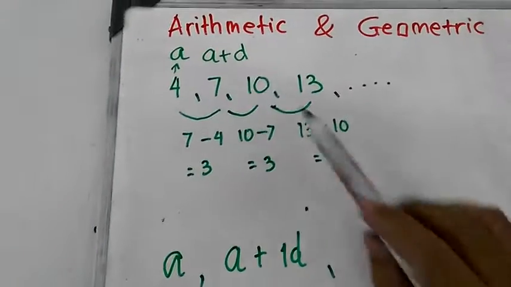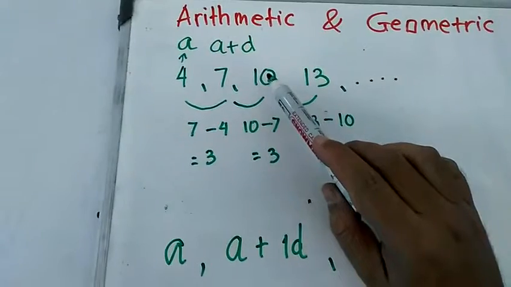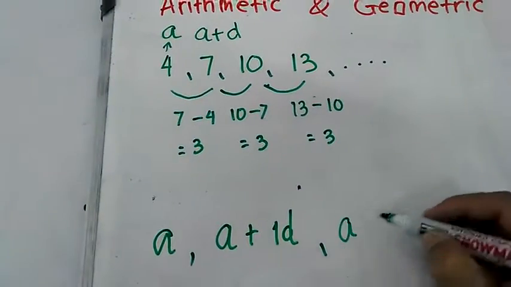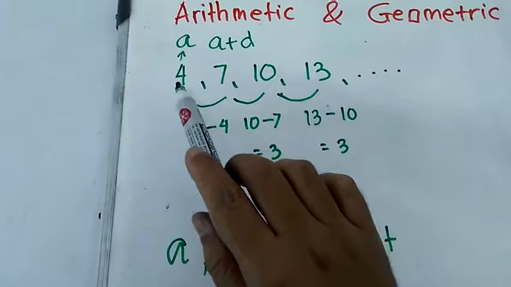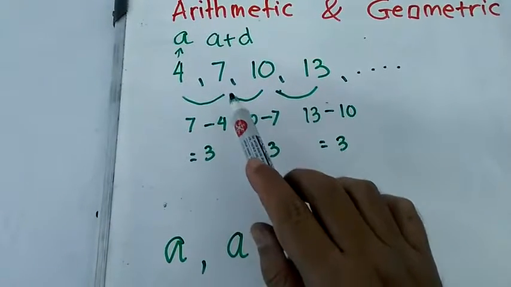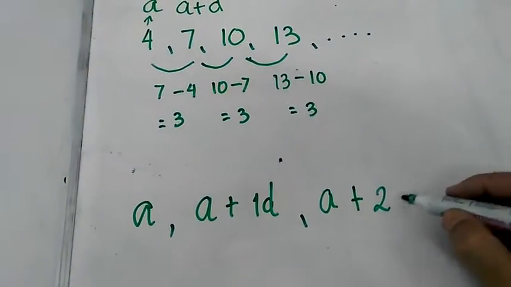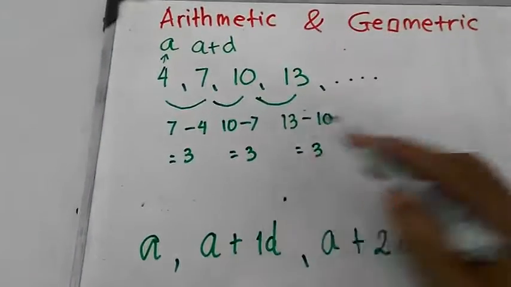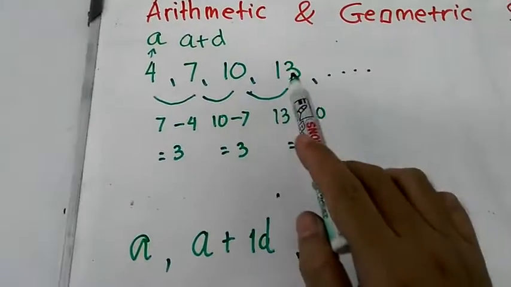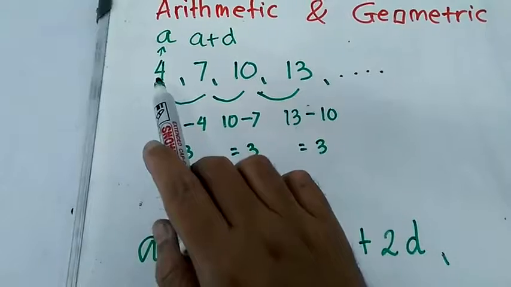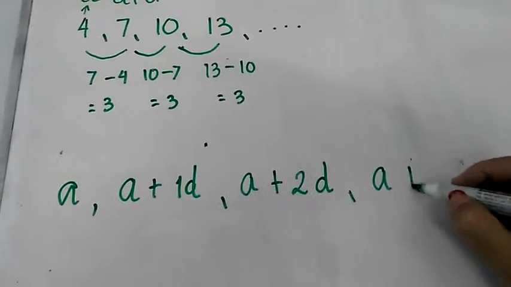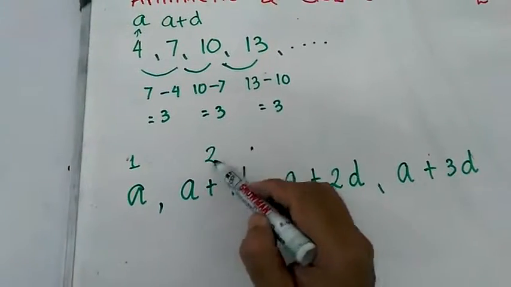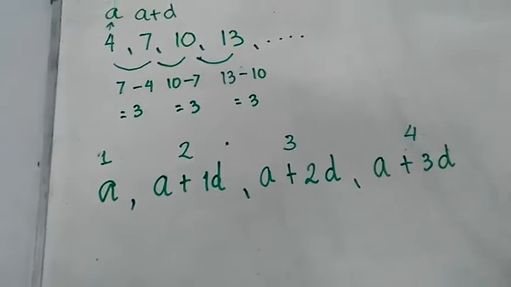Okay, and then the third term will be still A plus how many differences we will get if we start from the first term: the one difference and the second difference. So it means 2 times the difference. And the A4, we will get as A plus 1, 2, 3 times the difference. A plus 3 times the difference. So if this is the first term, this is the second term, third term, and the fourth term,